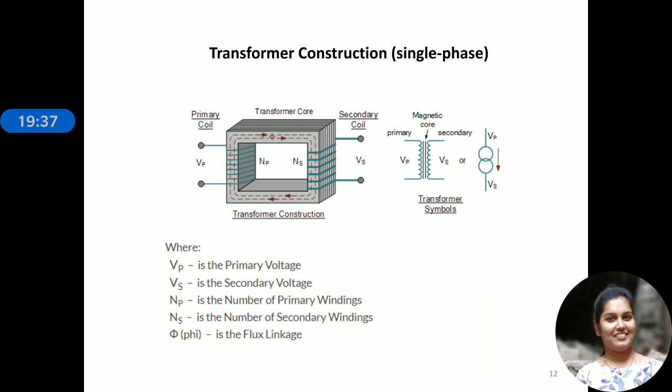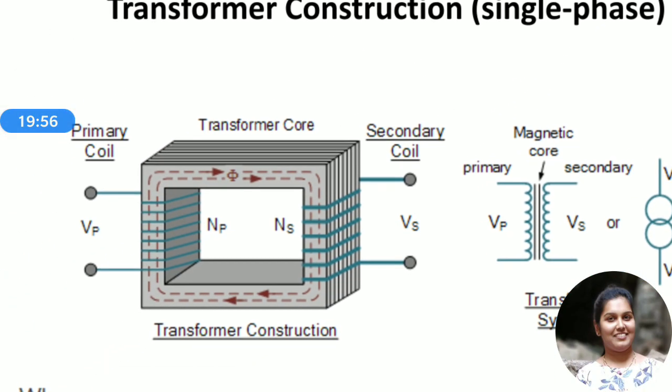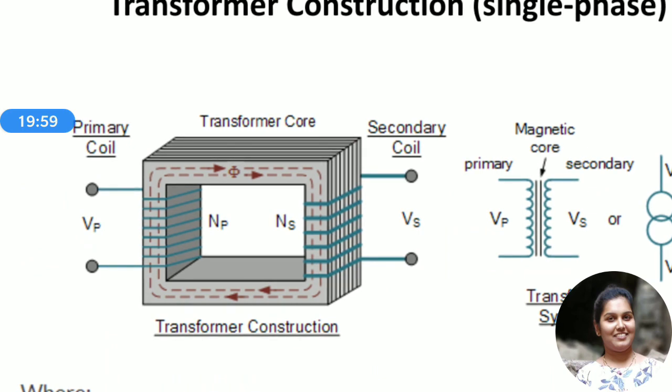Coming to the construction of the transformer, as I was just telling you, the transformer core is made up of laminated sheets. Here you can see it clearly that the core is made up of laminations. The transformer core will generally be made of soft iron material. All of the equal shaped laminations will be pressed together to form a single core. On the left side of it, you see a winding here.